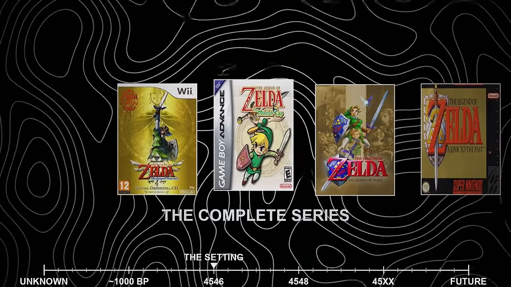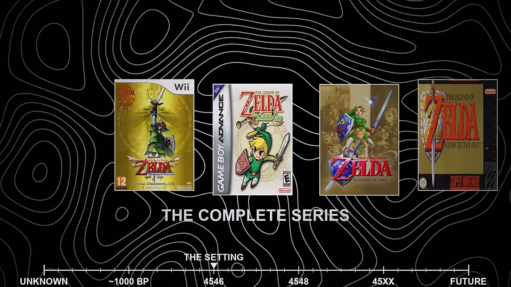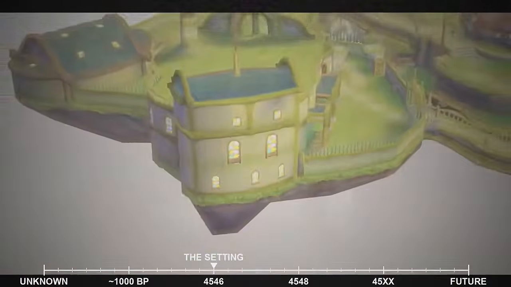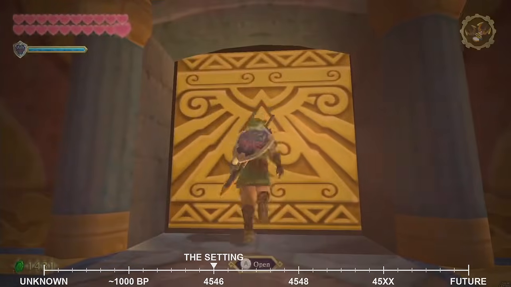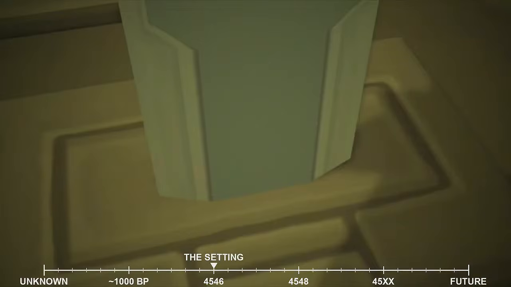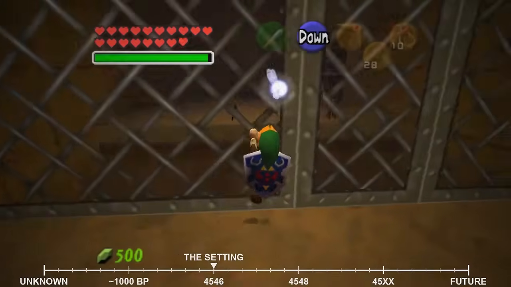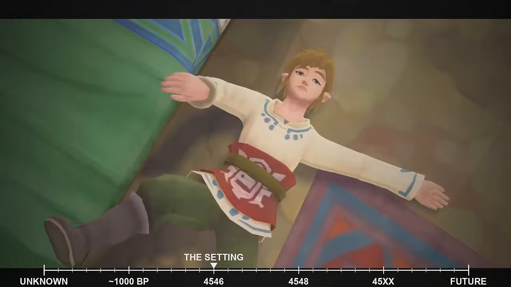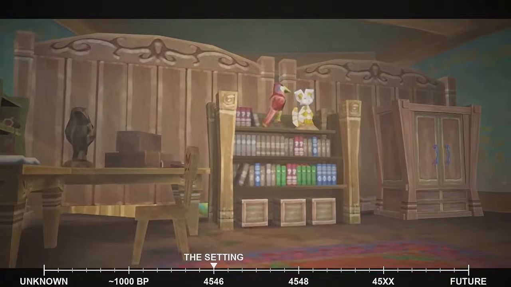Now, if you're familiar with this series at all, you probably know that the Zelda timeline is notoriously complex, and here's why. The entire timeline famously splits into 3 distinct branches after one pivotal game, leading to vastly different futures for Hyrule, which means we'll be tracking not just one linear history, but 3 separate continuities that all stem from the same crucial moment. But before we get to any of that, we need to explain the setting first,